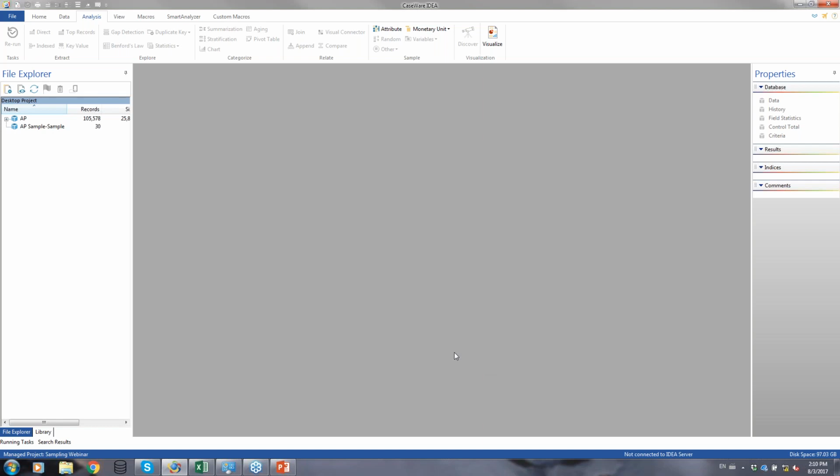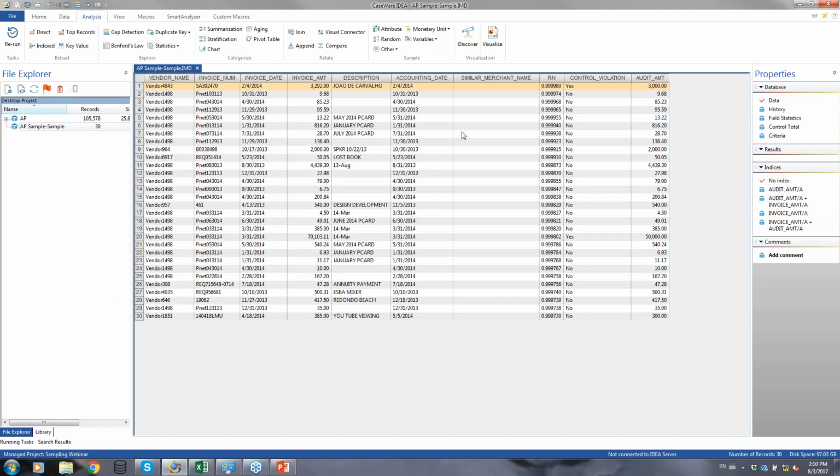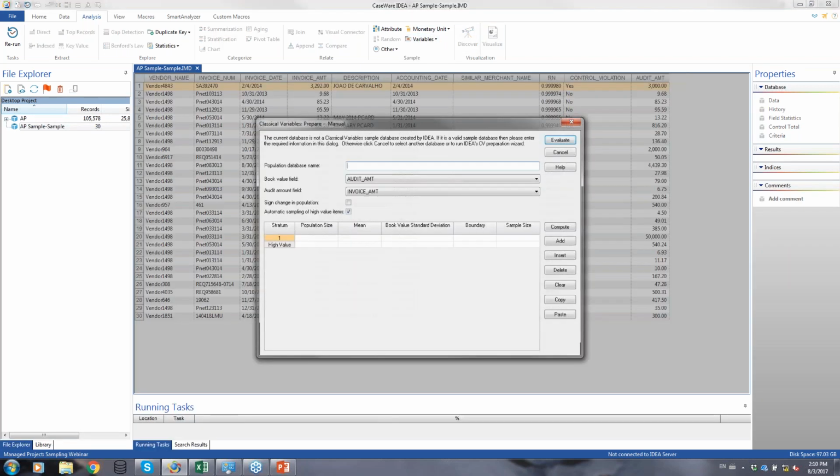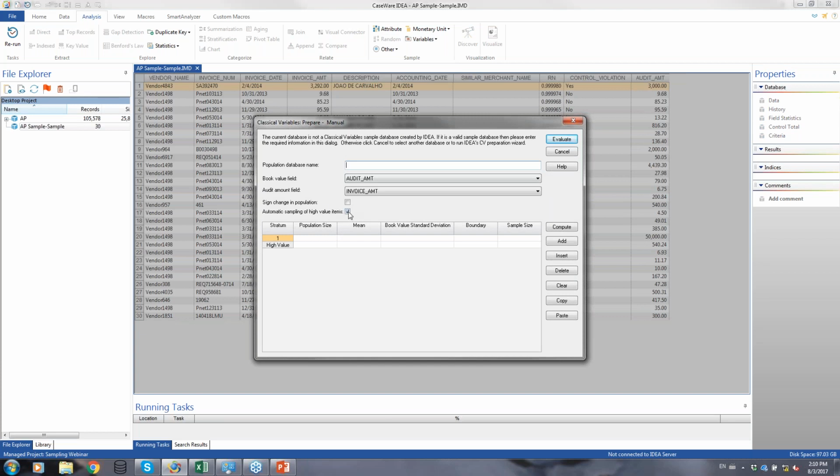We could also import that sample as shown here, and we could ask, well, how about that ratio that we were looking at? That ratio that we used is actually part of classical variable sampling, and we could come in here and evaluate the sample